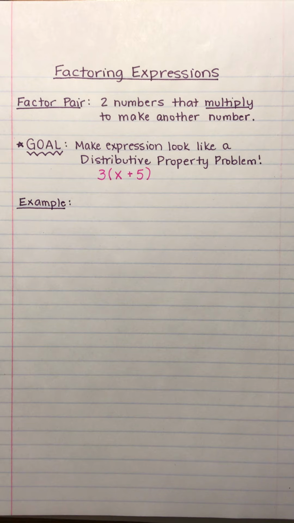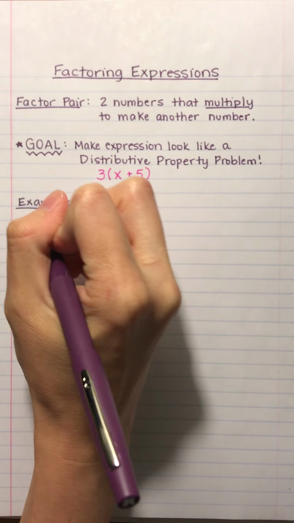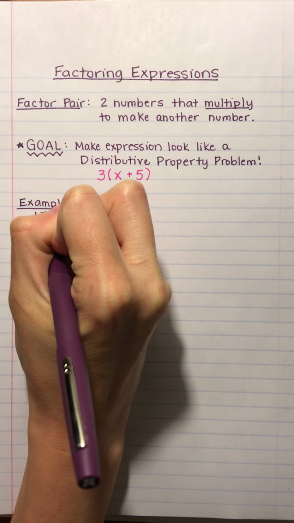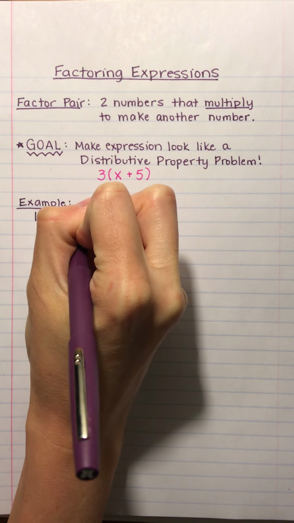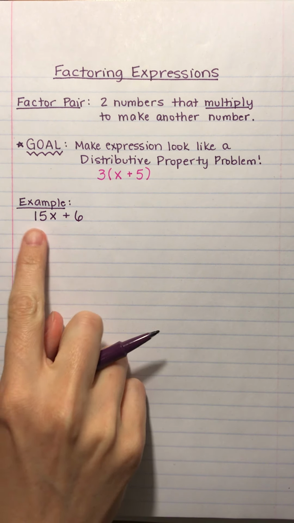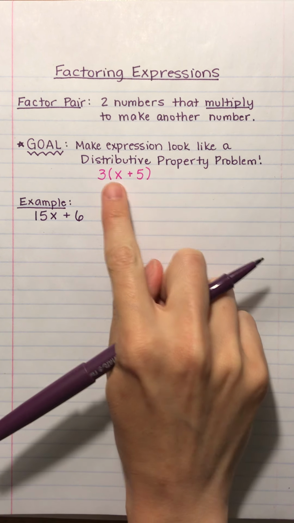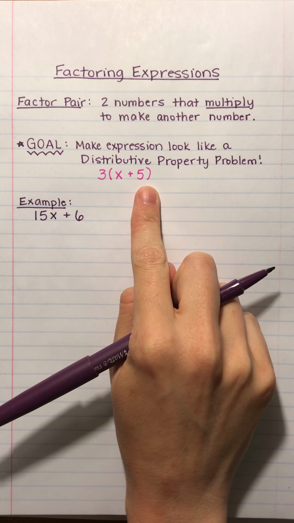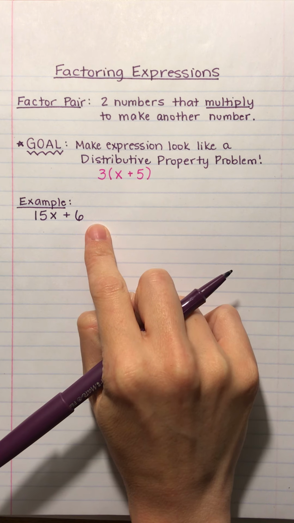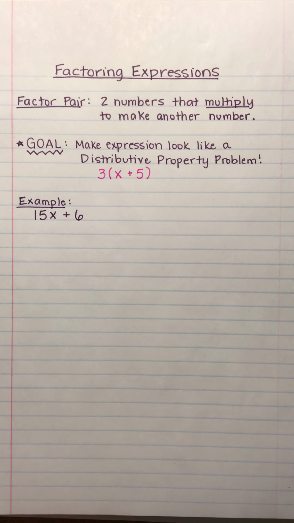All right, so first problem I'm going to walk you through as an example. I'm going to give you the steps and then we'll try a couple more together. So let's say I have an expression. Remember, an expression is a math problem without an equal sign. Now my goal is to make it look like the distributive property, and right now it doesn't. There's no parentheses. Now the way we're going to do that is we are going to find the greatest